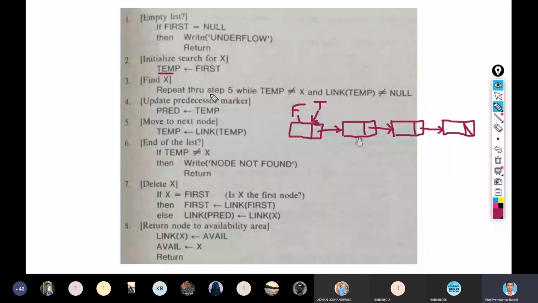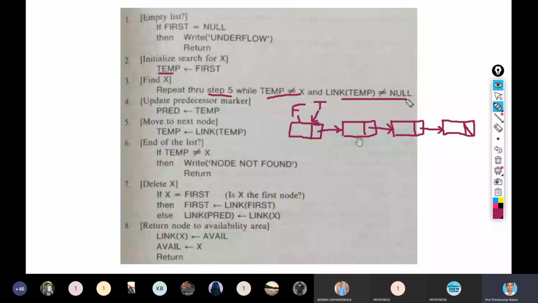Now we have to repeat through step 5 while temp is not equal to X and link of temp is not equal to null. So these are the two conditions we have to check.